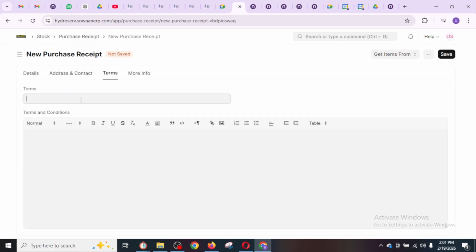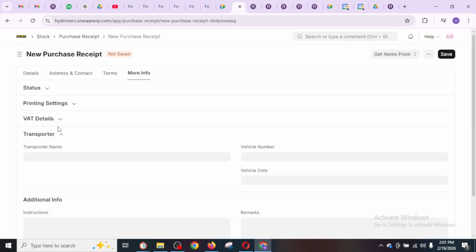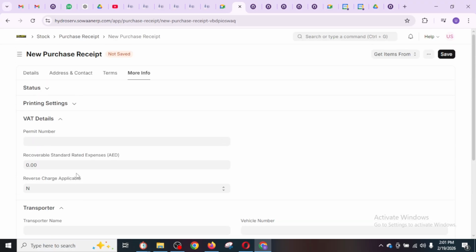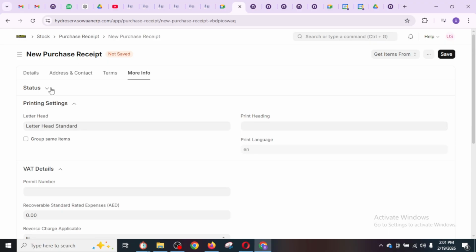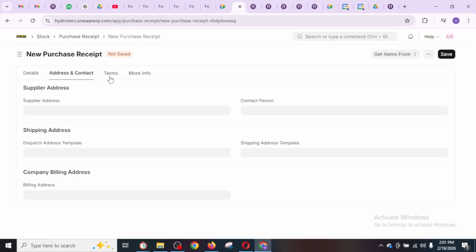There are so many functionalities delivered by the system. I can select any terms, like general terms and conditions. Under more info, I can see more things like bed details and transporter details, and print settings.